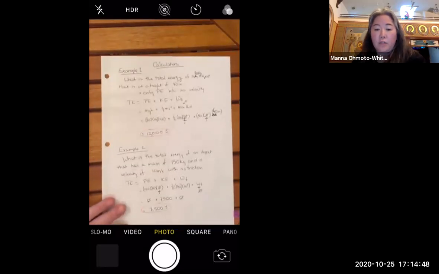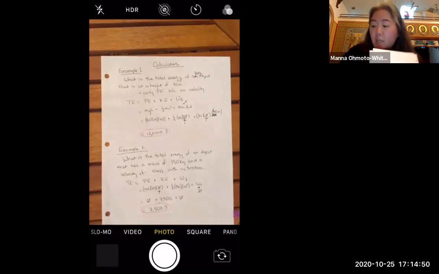Calculations of conservation of energy. So the first examples that we're going to use are just going to be either potential energy or kinetic energy. So the first question is, what is the total energy of a 30 kilogram object that is at a height